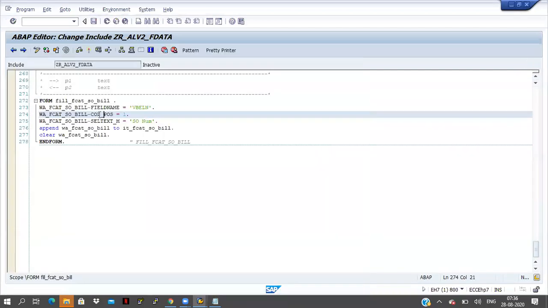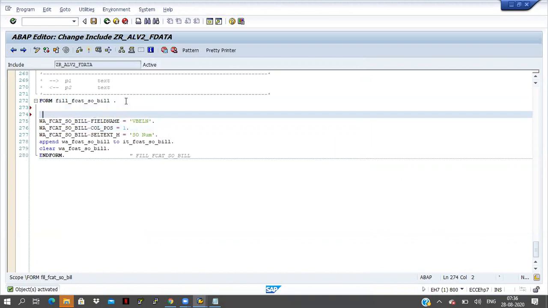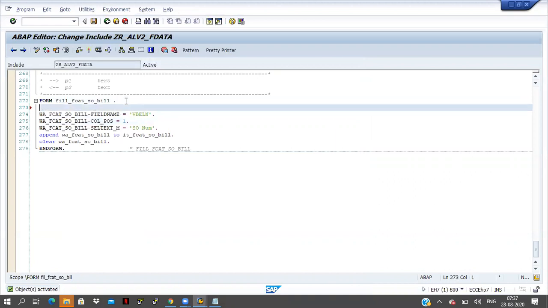Activate it. Okay, this is for one field only, but in real time we should not do it like this. So what I will do, I will write here one more perform, and before that one, I will write perform form name equal to fcat so bill using BBLN and S1 number.